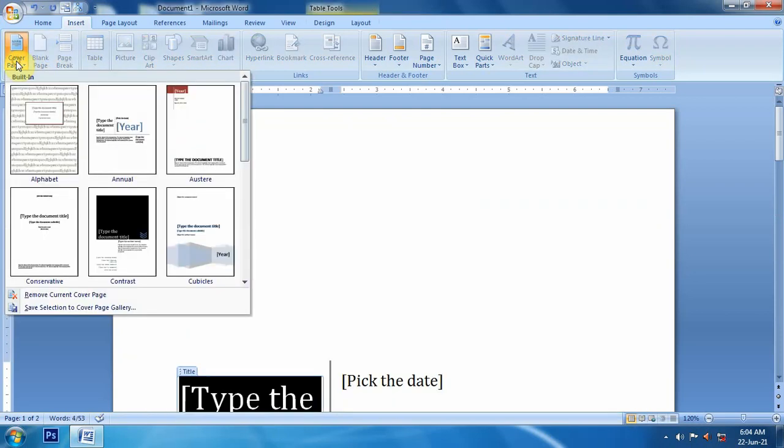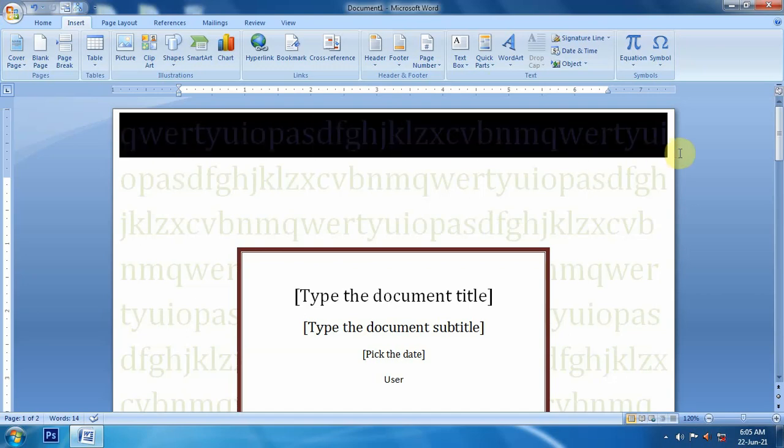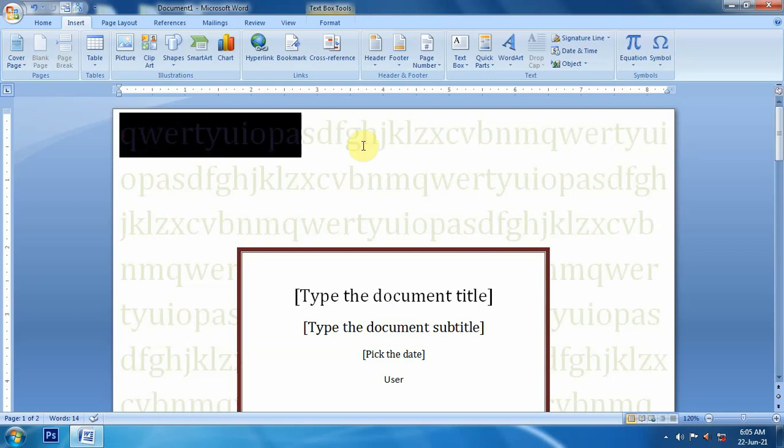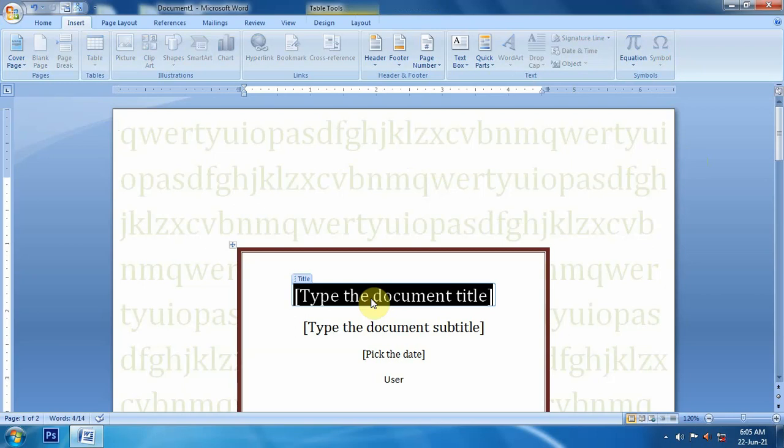Only one type of cover page we can take for a single document. One document cannot contain multiple cover pages, like every book contains only one cover page. In the same way in MS Word also one document can contain only one cover page. We can do editing in it according to our choice because these are the formats only.